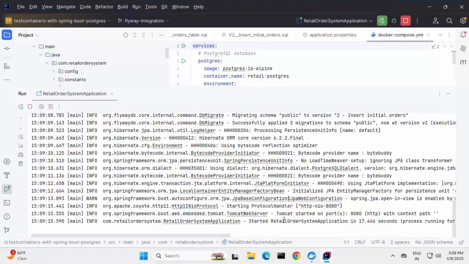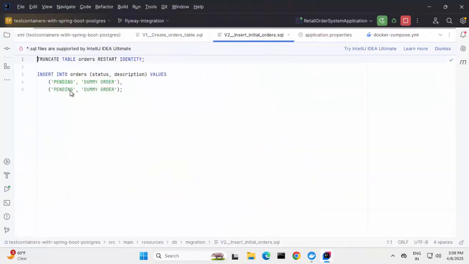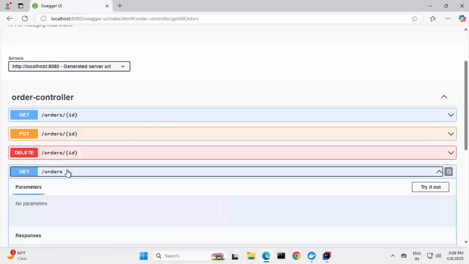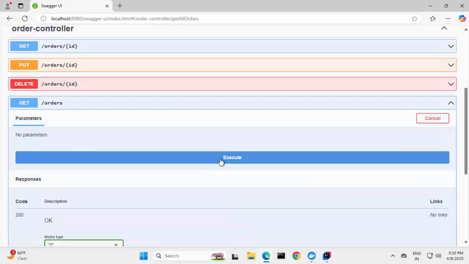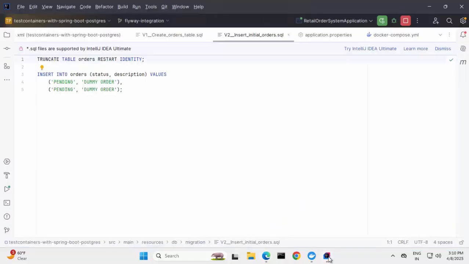From the browser, if I access the application, I would be able to see that the two dummy records which we inserted over here, those would be shown. I'm inside Swagger, scrolling down, try this out, click on execute. We can see these two dummy records are shown over here. Now we are going to run one integration test for the database migration just to check whether the tables got created properly or not. If I go to IntelliJ IDEA,